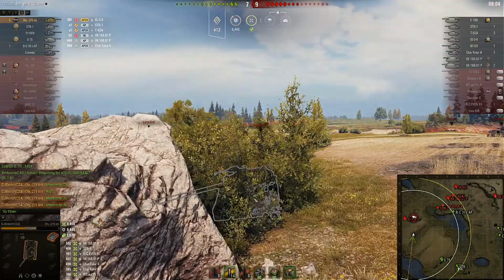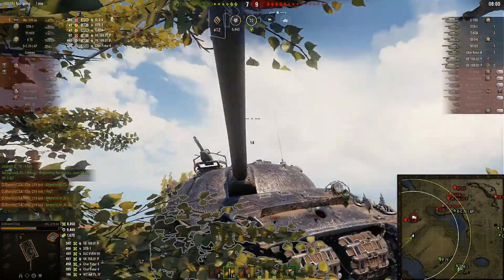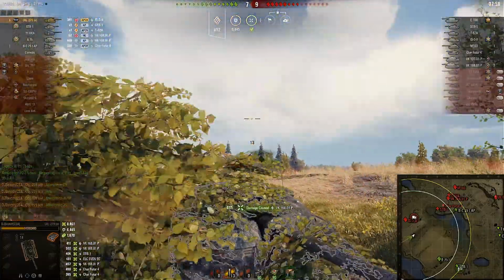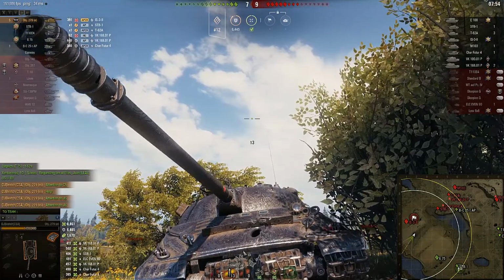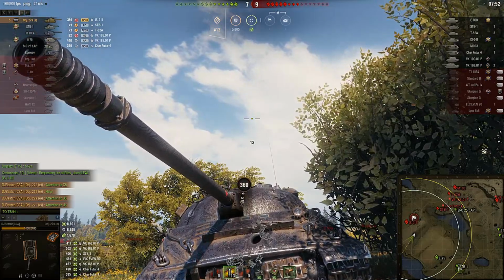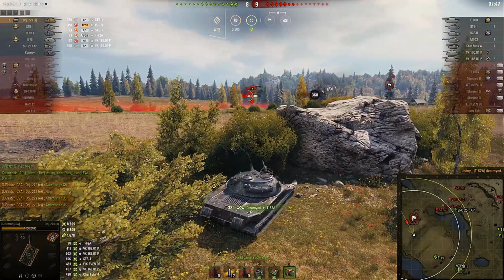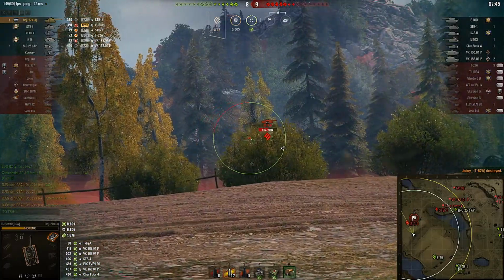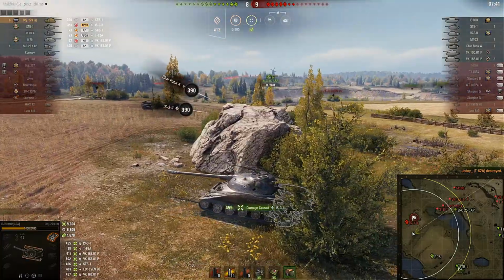You have to get lucky like the IS-3-2 did, I'm pretty sure, who penned him like this at an angle, probably not using the good depression there. And this bar over here that you're seeing, that's where you can pen this. That's where it's only 260 millimeters of armor, so you have to fire HEAT still, but you can